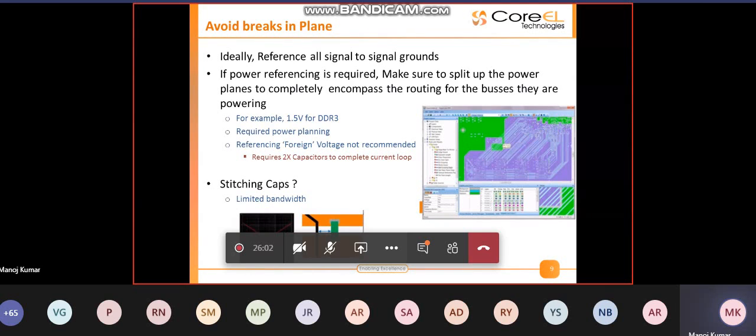So one stitching capacitor would not really serve the job, and the engineer has to analyze the situation and try to come up with a minimum number of capacitors which can really work, and also make sure that all the signals see more of a capacitive field instead of an inductive field. Okay.